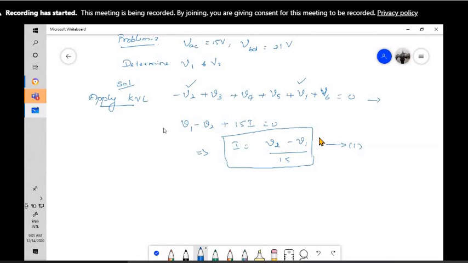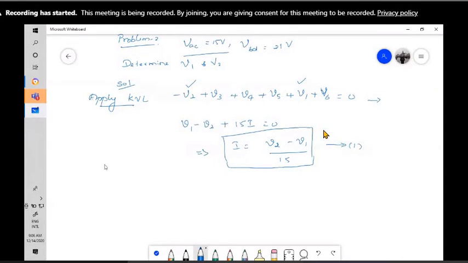Now in the same way, if you look at the question, it is given that the voltage drop between the points A and C is 15 volt. Now if you look at that circuit, you can refer to your copy. I don't want to go back again and again. If you look at that path from A to C, you have the voltage drop V4, then the voltage drop V5, and then the voltage drop V1.